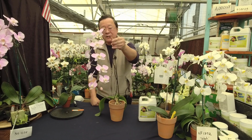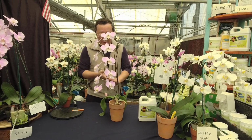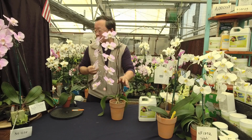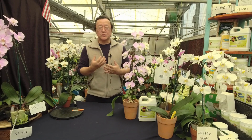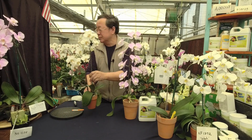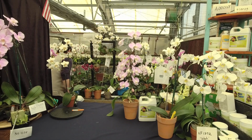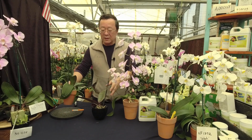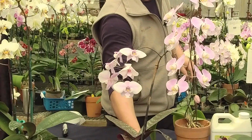So the Phalaenopsis sanderiana is also one of my favorites. It's rarely seen today anymore, I don't know why, but maybe because people are just not propagating. But I always love Phalaenopsis, so I always continue to do seeding of whether it's sanderiana or Stuartiana from the Philippines, and I have a network of friends. This is all from the Philippines. Another nice one from the Philippines is the Sanderiana, and some people might confuse it